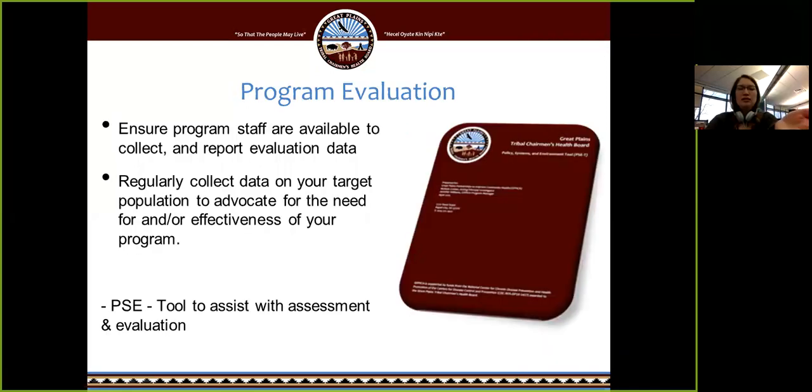Program evaluation. Evaluation can really help keep your program on track with its goals and its outcomes. With the data that you get from your evaluation, it can show that an activity or a strategy that you're using maybe isn't working, and you can correct your program's course to become more effective. Or more importantly, the data you collect